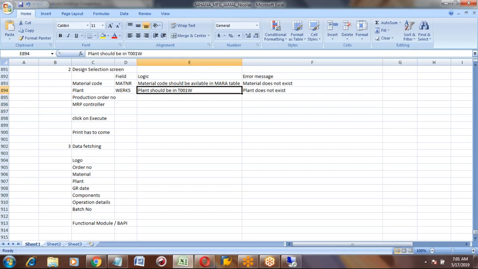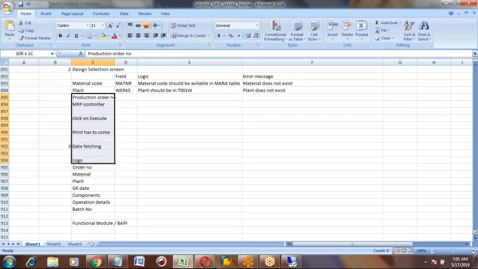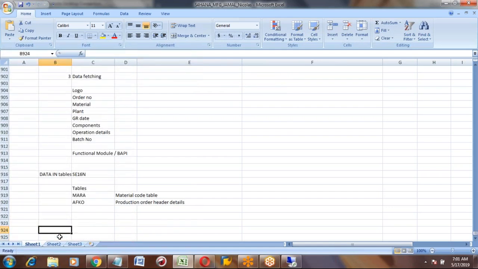Error message. Like this is an example. Like this, you need to identify for all these fields. Okay, so that's all. And once you have given this one, you should tell